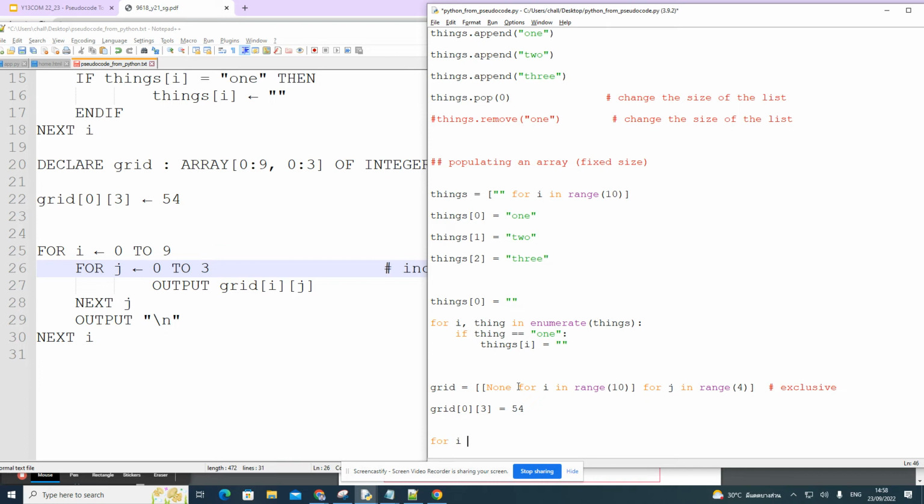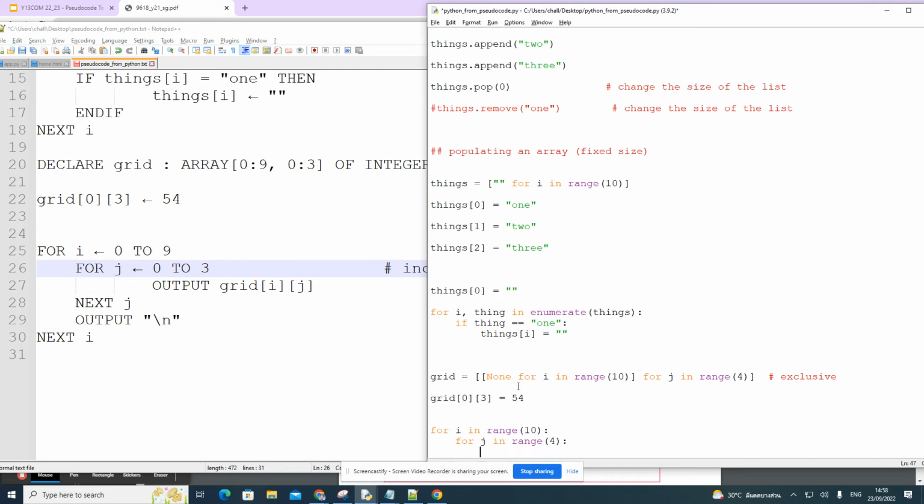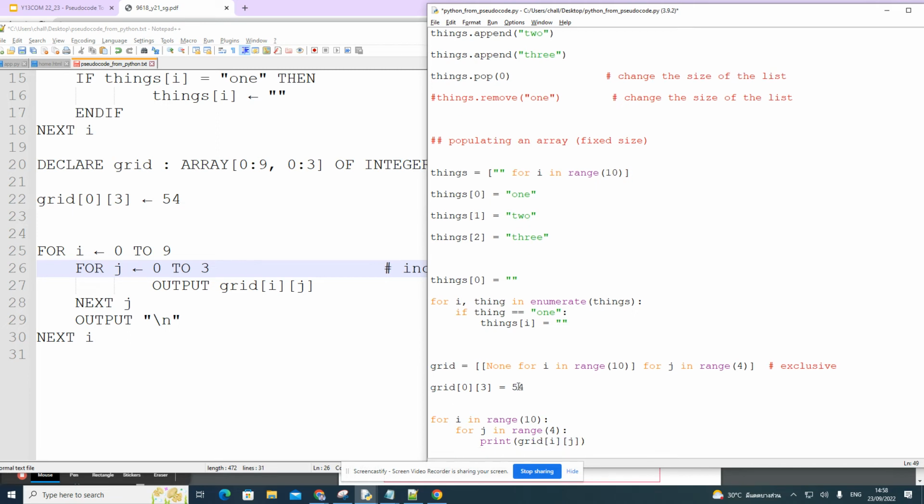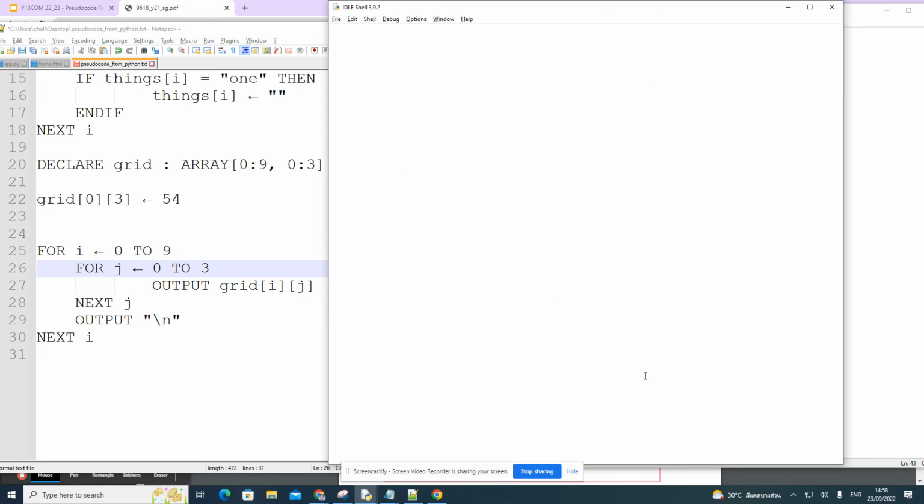How would this look in Python? Well, let's stick to using for I in range 10, for j in range 4, print grid at I at j. Every time I then want to print a new line. But in Python, because the new line is there by default, I need to use this end character. And then let's see what this does. So maybe let's initialize everything to 7. Let's change this to 9. And when we run the program,